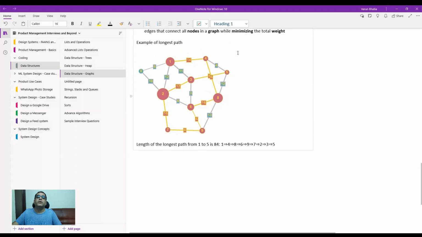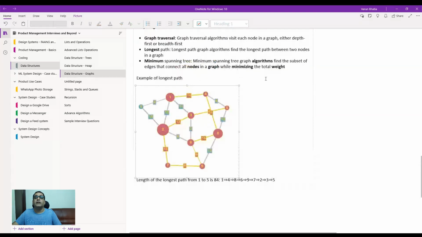So you can ask, what is the benefit of finding the longest path? One advantage could be, let's say you have warehouses that you want to establish, right? Warehouses are typically set at the outskirts of the city because your airplane or railway cargo services are set outside the city. So you would want it to be farthest from the central point of the city, right? Why would you want it to be the farthest? Because that way, when you are picking up the warehouse cargoes from the outside of the city,